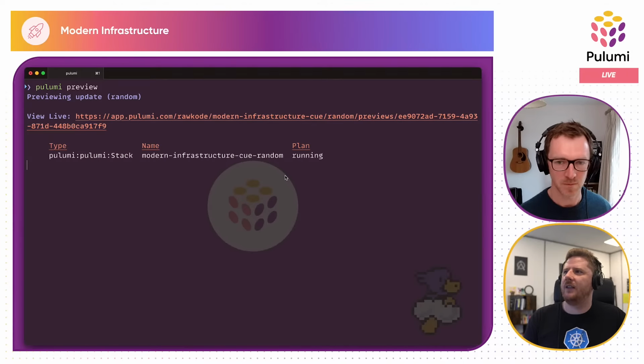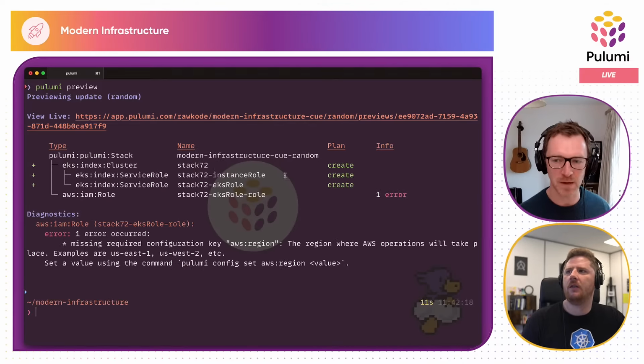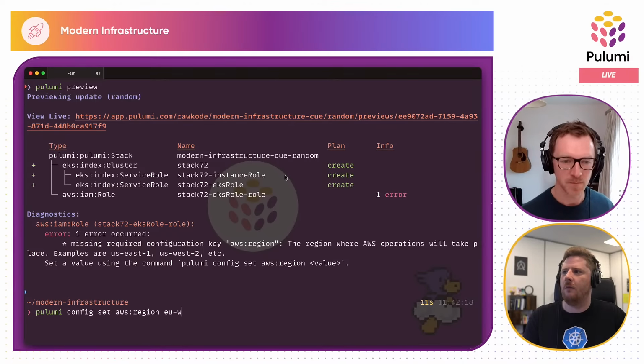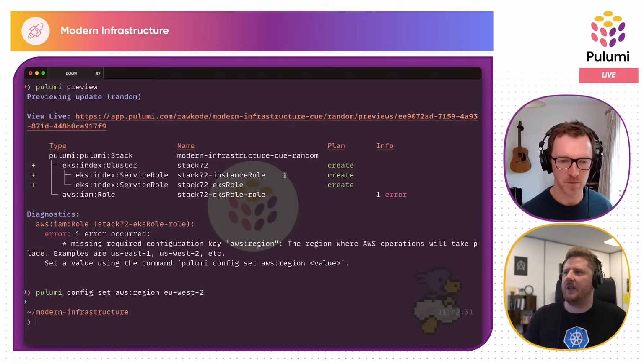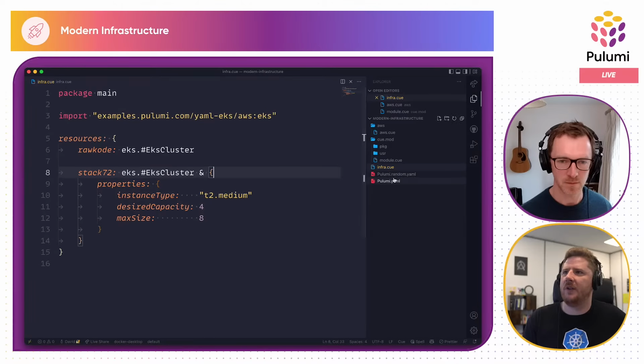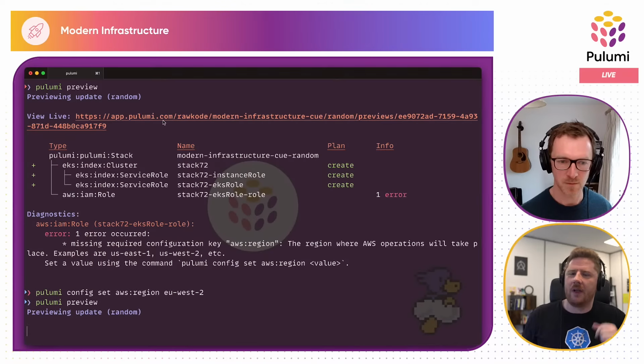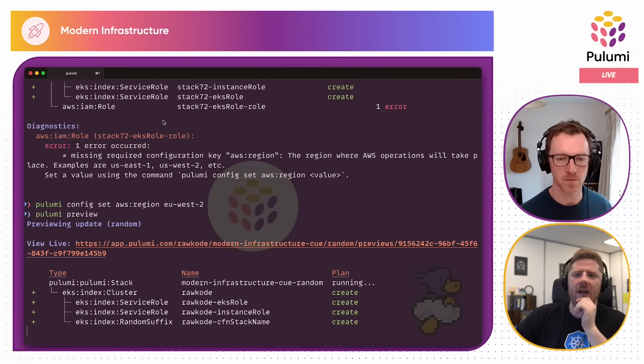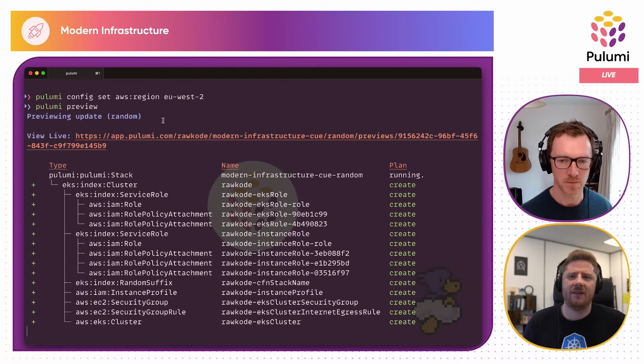Doing a bit of thinking. So this is presumably where it's resolving, doing that detection as well of what resources it actually requires in this situation. Yeah, as you were saying earlier on. One bit of configuration to make that happy, which just goes into my pulumi.yaml here, and we can run preview again. With AWS, you always need the region, and I always forget. So okay, this looks much nicer.